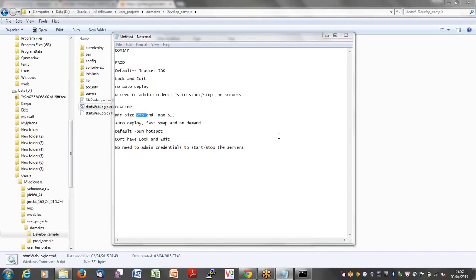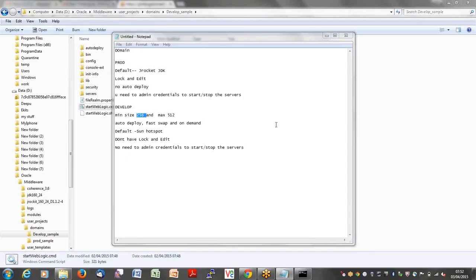So once it reaches 512 MB, as per this configuration that I'm showing on the notepad, what happens? If it requires more memory, it cannot go back and ask the RAM. Though the RAM has memory, it cannot go back and ask because we have limited the process to work on 512 MB. So what happens if it reaches 512 MB and it needs more memory? The server gets crashed. Right.